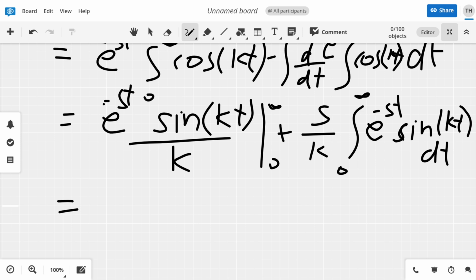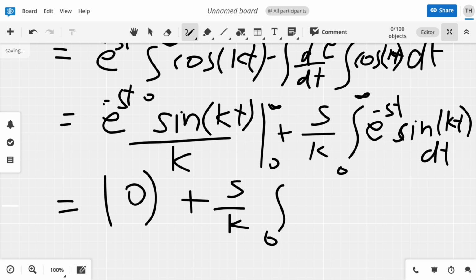So this function will become 0 when I apply infinity. When I apply 0, then also sin will give us 0, so this will become 0. This will become s over k, integral from 0 to infinity